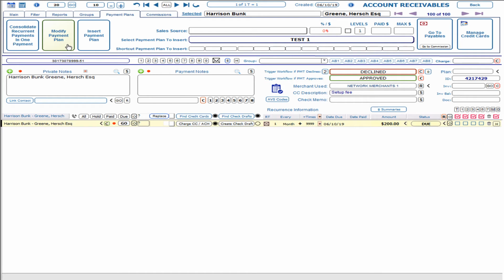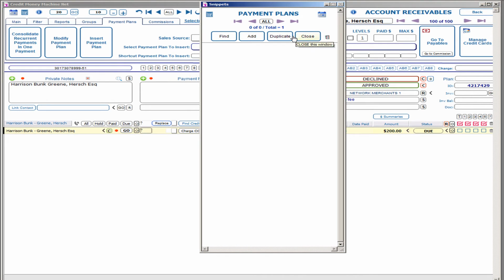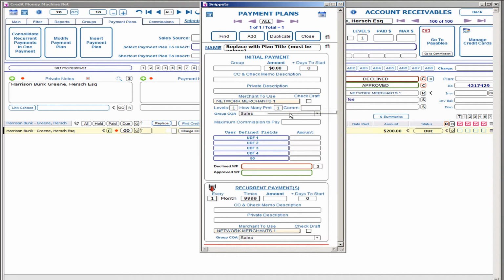But in a program plan, in a payment plan, it's possible to put a different amount for the initial setup fee, like here, right? So it's possible to put, let's say, $200 and then payments of 100 per month, and enter that with one click. That's pretty easy. And also enter the description for the memo, and also the private description, which is the one that goes here. So all of that is perfectly possible, and even to consider commissions and stuff like that, if this is going